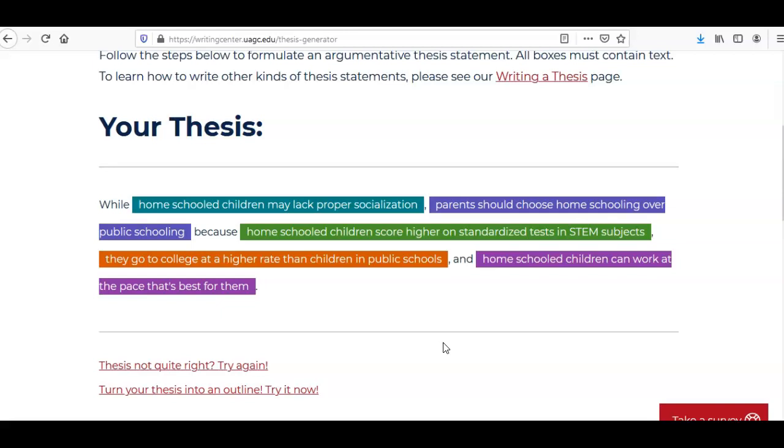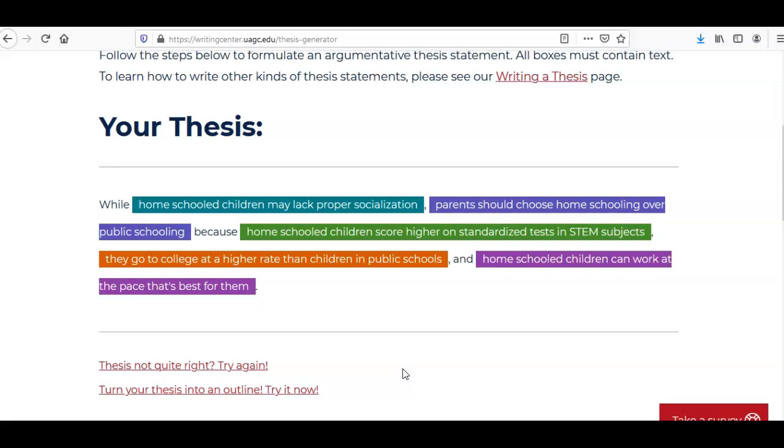Now some teachers do not like this type of setup for a thesis statement. I had one colleague who commented on that during a meeting one time, and I do like it because whether you know how to write a good essay or whether you don't know how to write a good essay, this really sets you up for structural success in terms of the way you set your paper up. So I hope that this video helped you. Remember that thesis statements are extremely important. They are what sets you up for success, and you are not tied to them when you do a rough draft of a thesis statement. Okay, not tied to it at all.